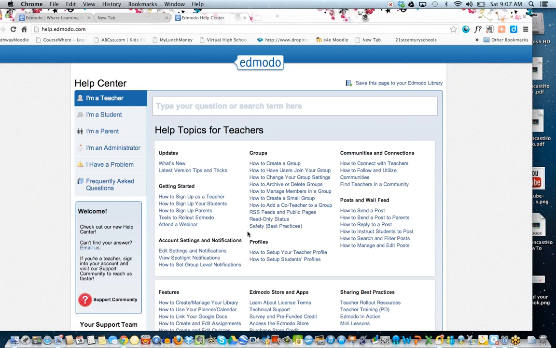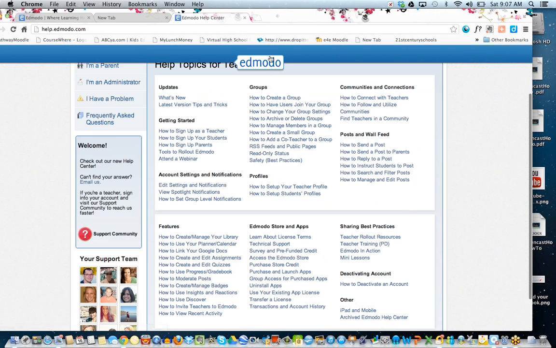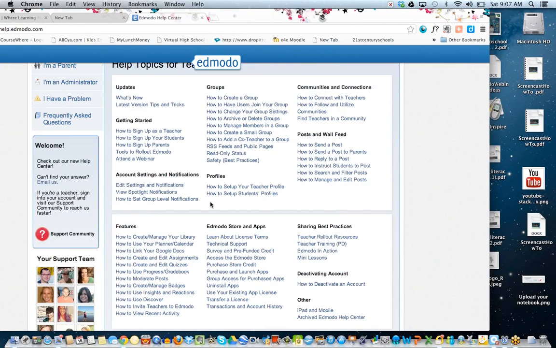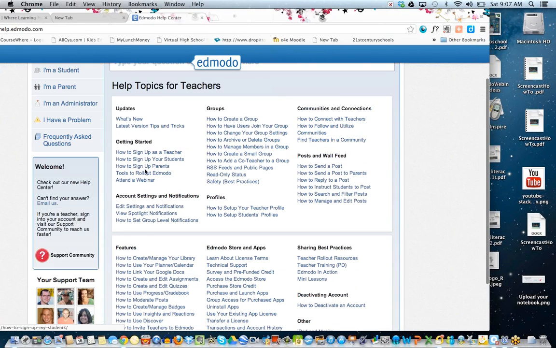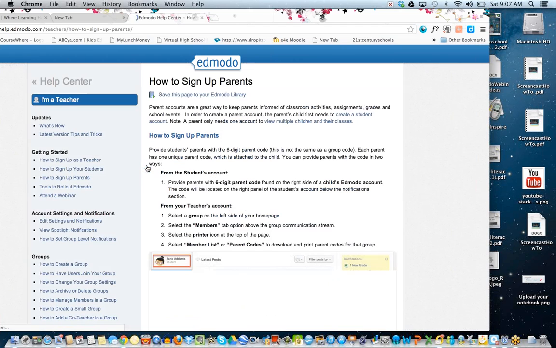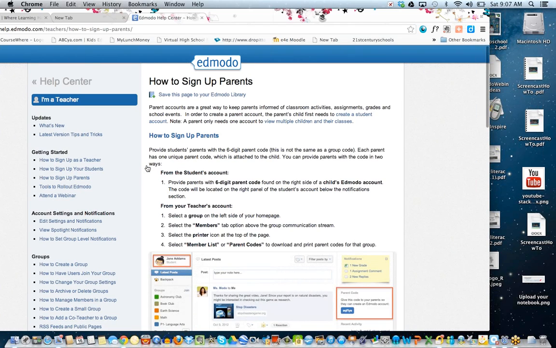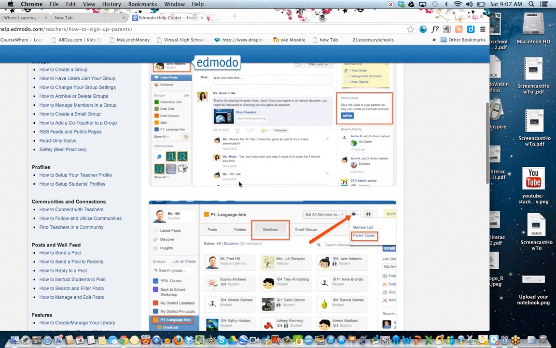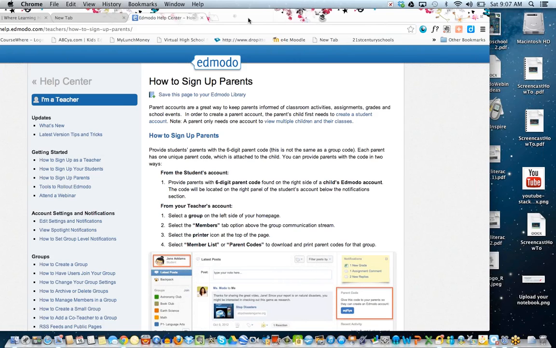And there is so much information in here for new users. They have a great support system. It talks about everything from signing up parents and students to all the functionality, how it works. It's got really nice screenshots to walk you through.